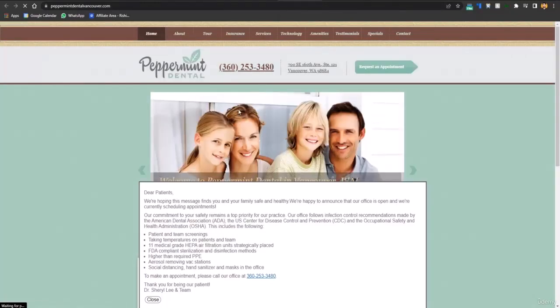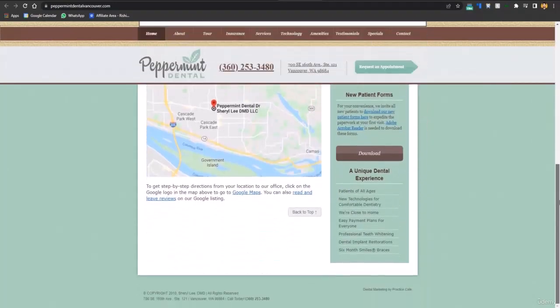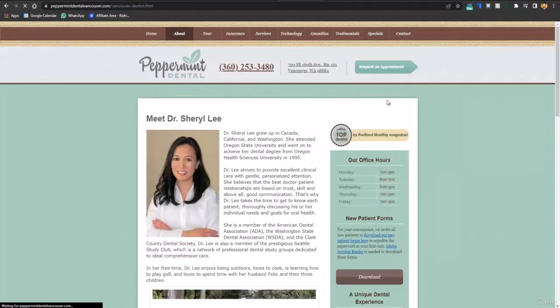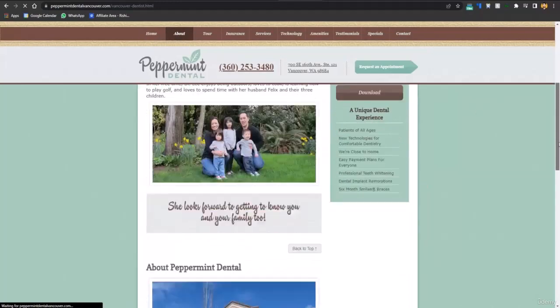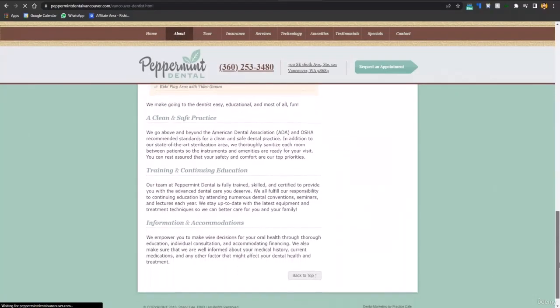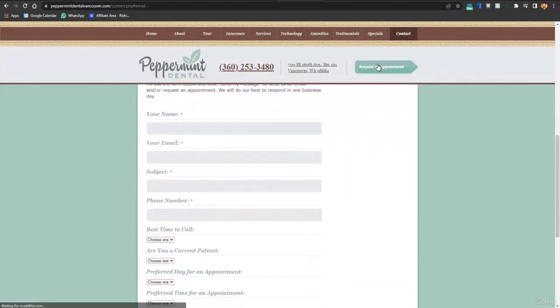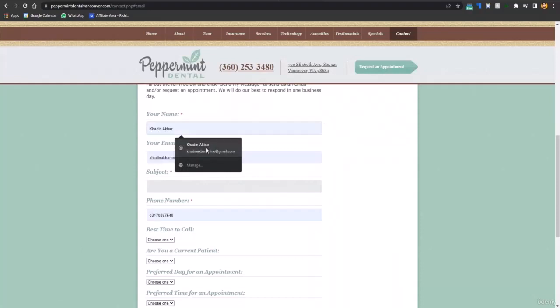So here you can see this is the website, and this is a website with an old design. You can see the design is pretty old and it's also not optimized well. So what we can do is go to their about section and check if we can find their email or phone number. Here you can see a book an appointment section, and here you can add your details and ask them to